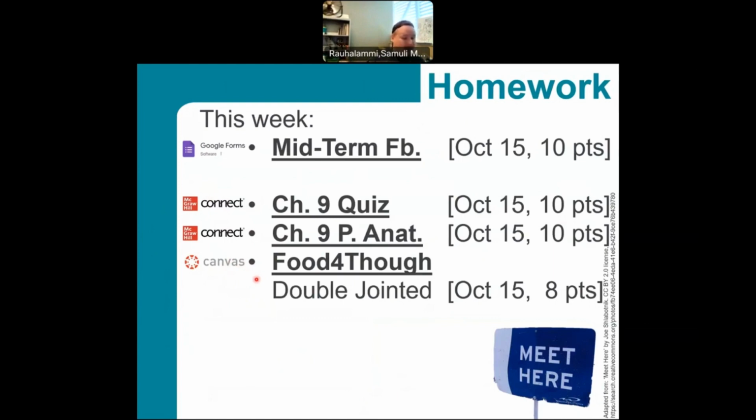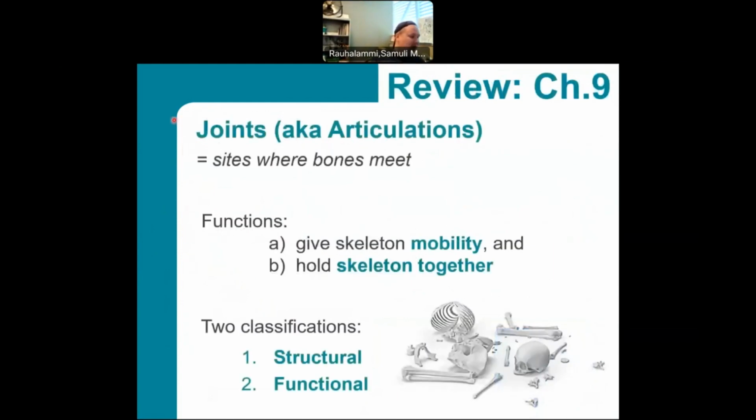So having said all that, I think we're ready to review this week's material. And again, remember that you have full lecture videos that go into more detail in your Canvas course, but I want to give you a nutshell version of the key points of what we're seeing in this week's material. So this week we're talking about articulations.